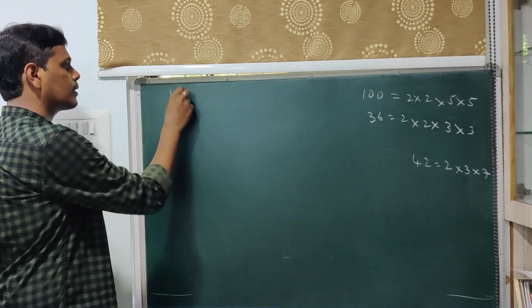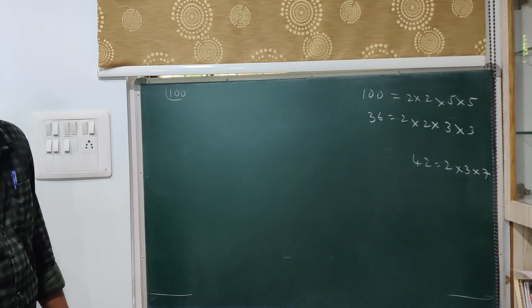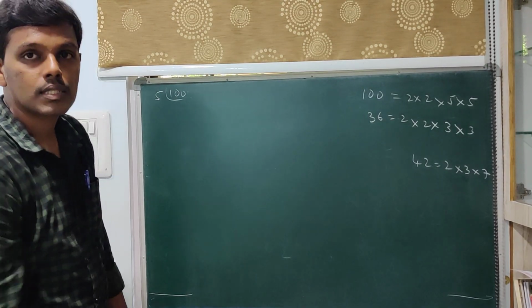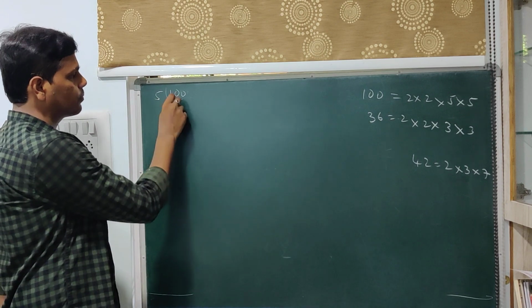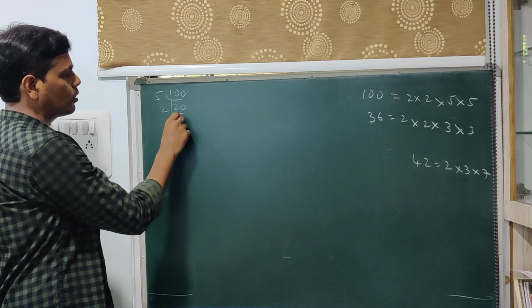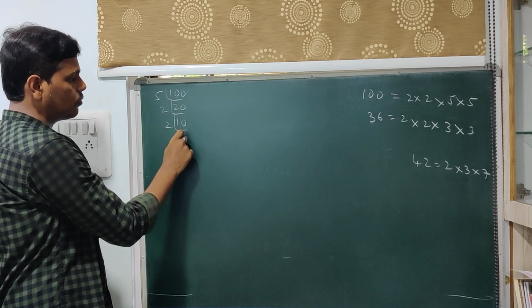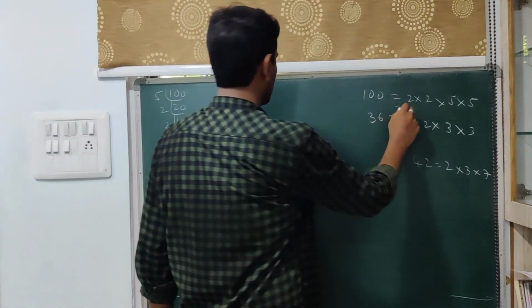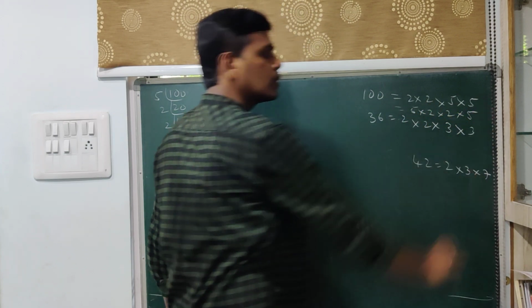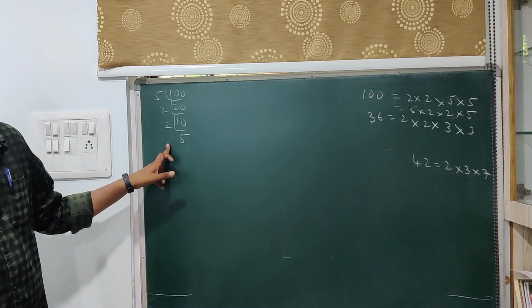So again, I am doing the prime factorization for 100. Now what I will do is I will start with 5. In the previous case I started with 2, now I will start with 5. So 5 how many times? 5 2s are 10. Then I can go with 2. 2 10s are 20. I can go with 2 again, 2 5s. So I may write 100 as 5 into 2 into 2 into 5. Yes, that is the prime factorization using this.